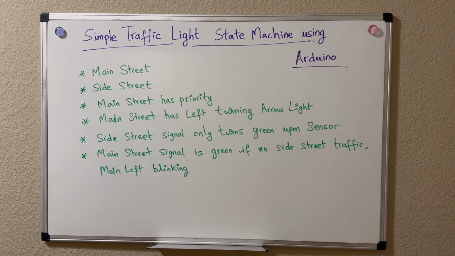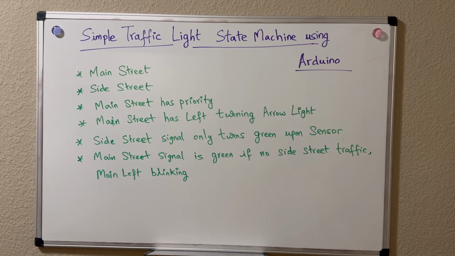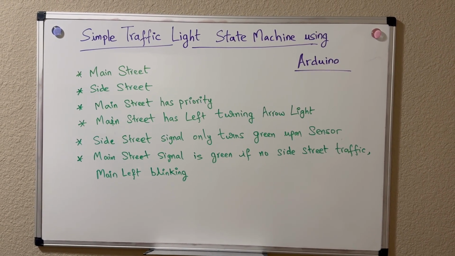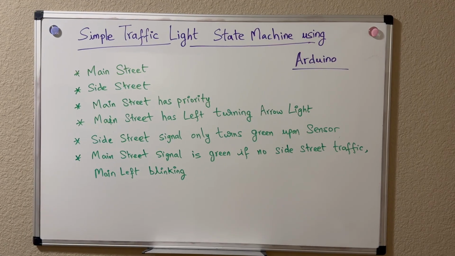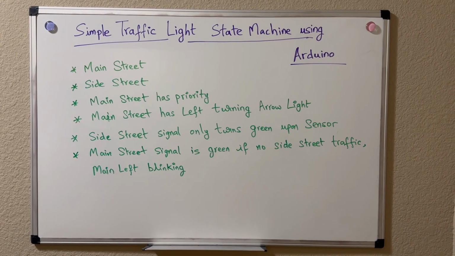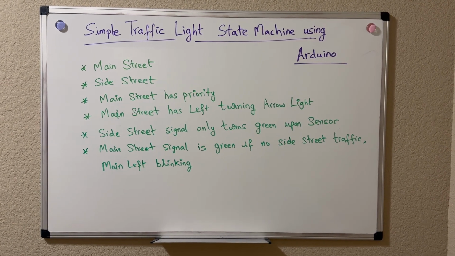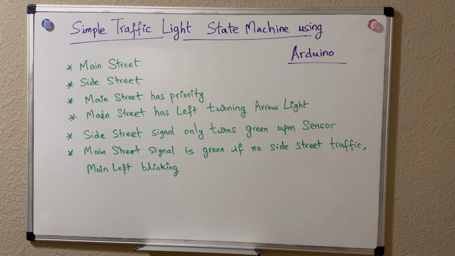Today we're looking at a simple traffic light state machine using the Arduino. So the goal of this is to build a very simple traffic light, an intersection between two roads. And so we do this through the code. It's called a state machine. And so the different states are, let's say, a green light, a yellow light, red light, or we have a